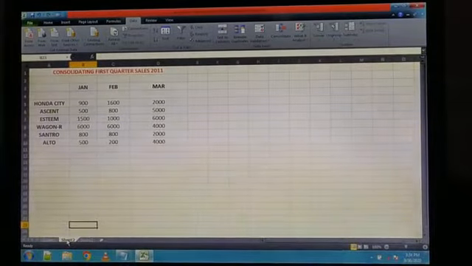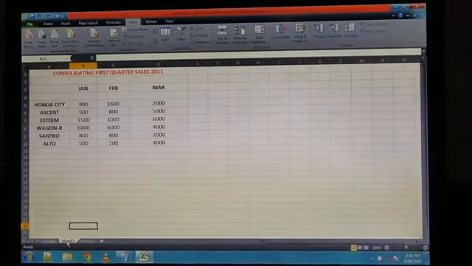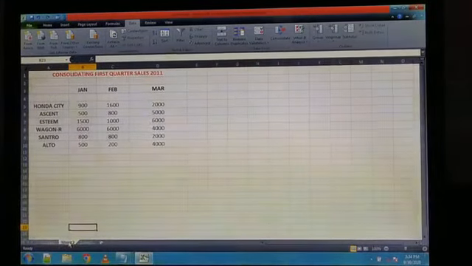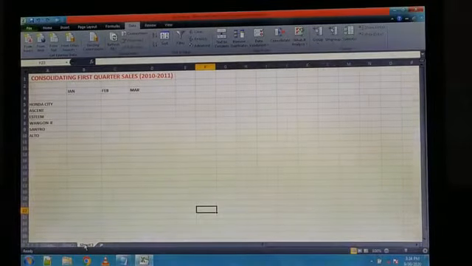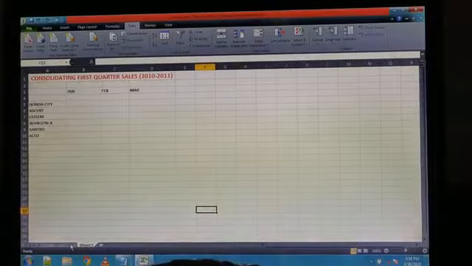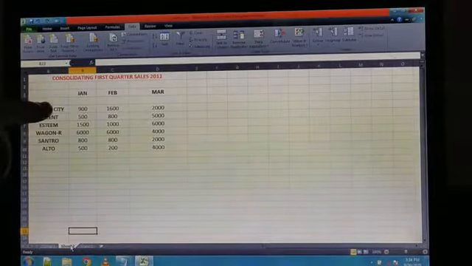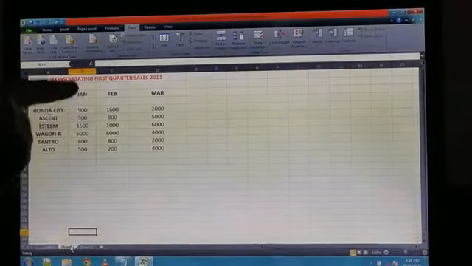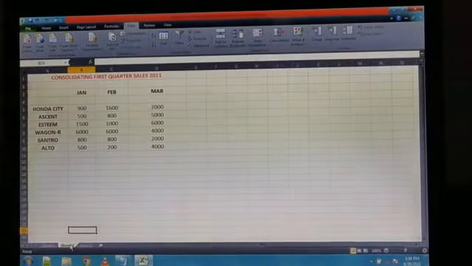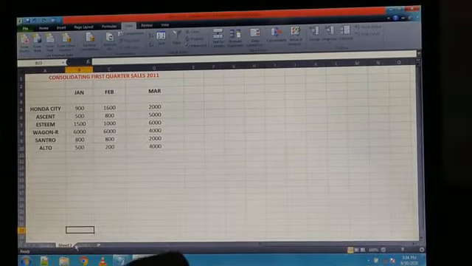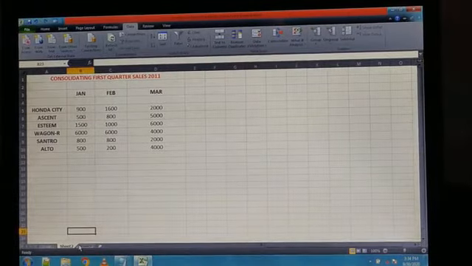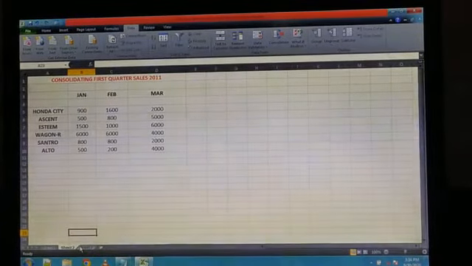So suppose I have to combine this sheet 1 and sheet 2 data into sheet 3. Okay, means I want to add all the fields of January, February and March for both sheets into sheet 3. So we have to consolidate or combine sheet 1 and sheet 2 into sheet 3.